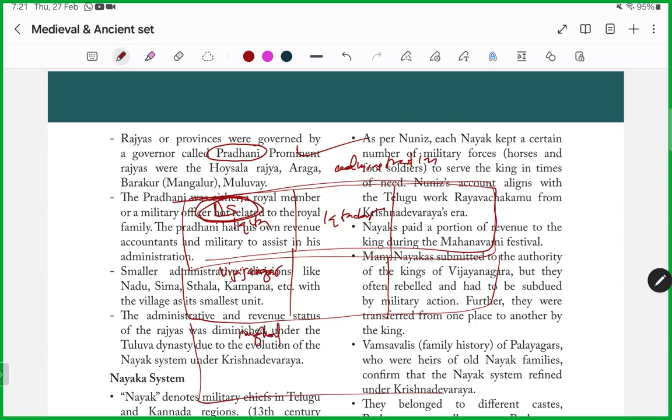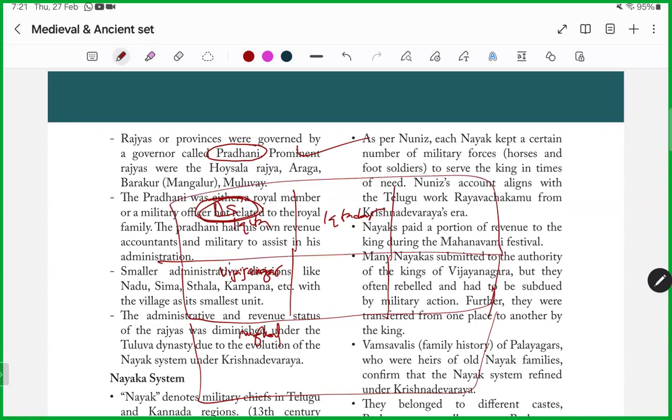Make notes on the Mughal administration in one or two pages so that you will easily remember them. The more important thing about making notes is that you can easily revise them. There are a few things you need to make notes on, especially this kind of administration: the village administration of the Harappan culture, the administration of the Vedic period, the Guptas, the Vijayanagar kingdom, the Delhi Sultanate, and then the Mughal period.